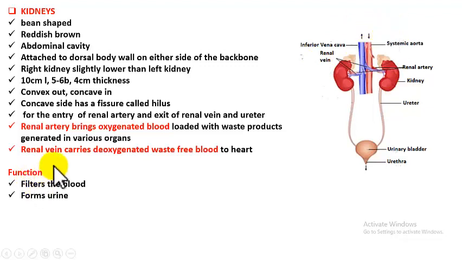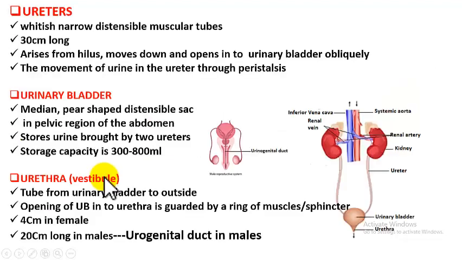So what is the function of kidneys? It is to filter the blood. They filter the blood and the filtrate which is formed is urine. This urine is expelled out. So urine is the filtrate of the blood. Blood ni filter cheyga vachina waste solution urine, and that is expelled out. So this is about kidneys.